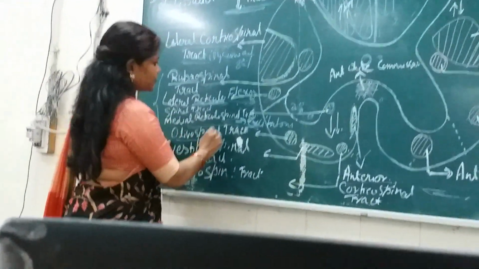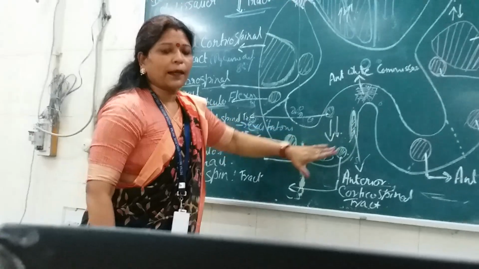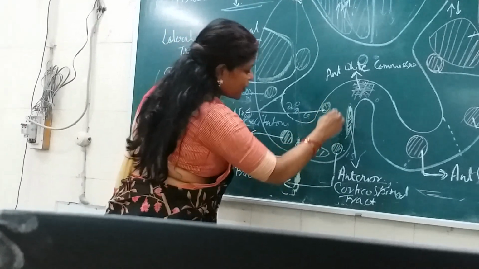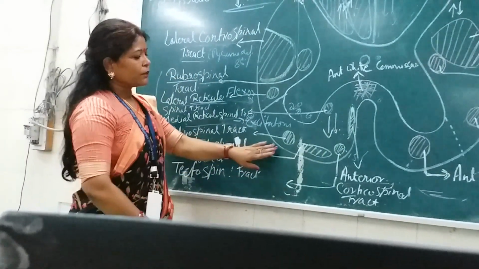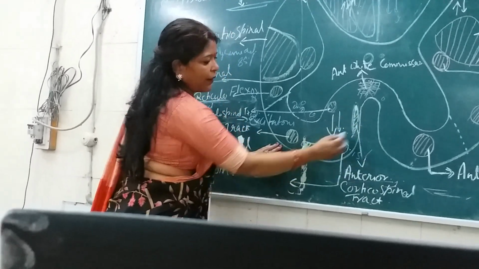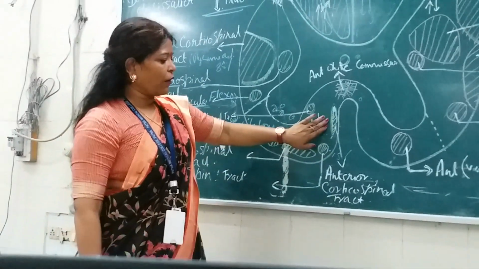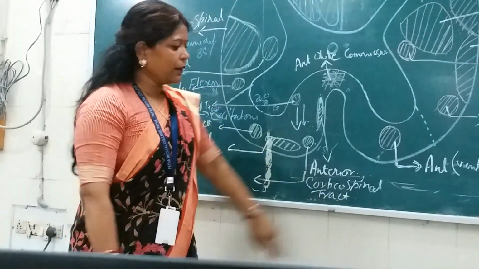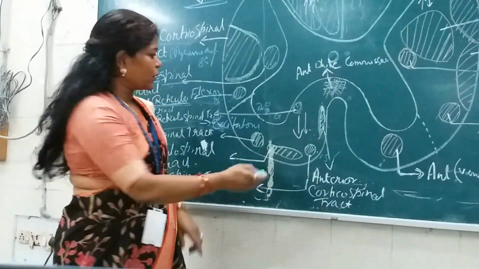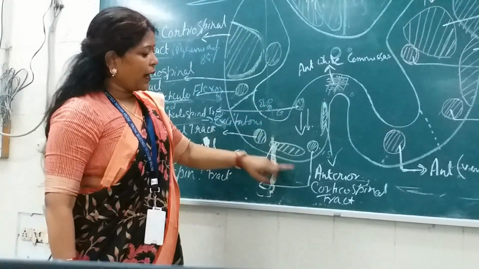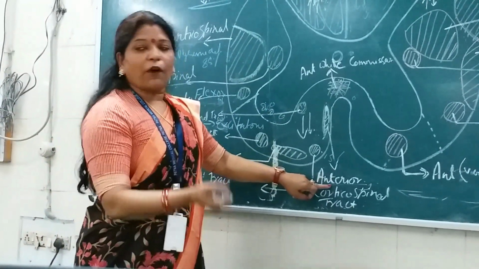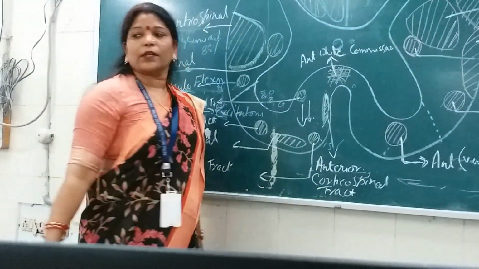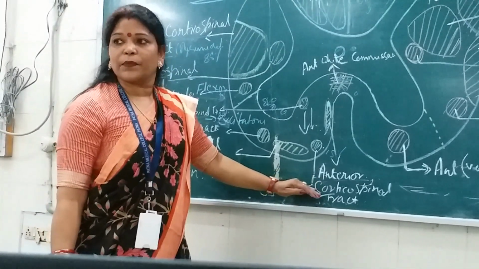Now another tract. Now come to the anterior compartment or the anterior funiculus. So mainly what were the tracts here? They are the descending tracts. Just medial to lateral, have a look here. Just by the side of this anterior median fissure, there is the anterior corticospinal tract, which ends on the lower motor neuron present in the ventral gray horn, and it activates the voluntary muscles for movement and skilled movement also. Again, the anterior corticospinal fibers are the remaining uncrossed pyramidal fibers.